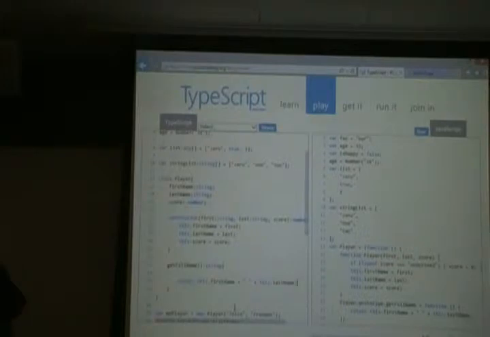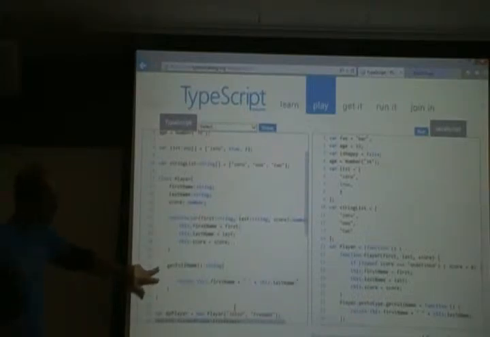Can you do this inside Visual Studio? Yeah, this all works in Visual Studio. This is just for you to play around with the language online, but usually you do this all in Visual Studio. So, okay, here we're going to get the full name,